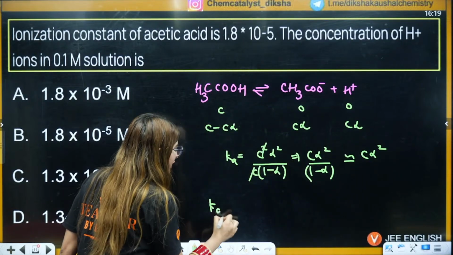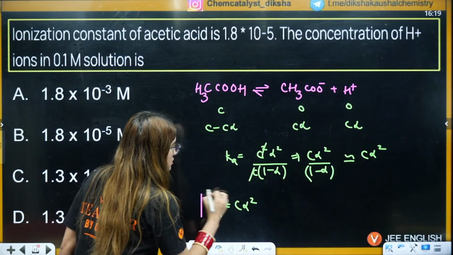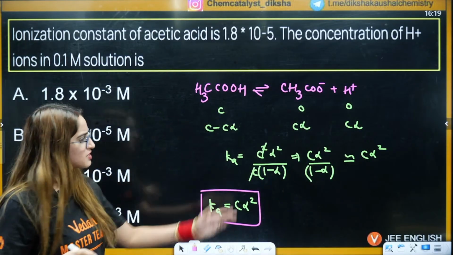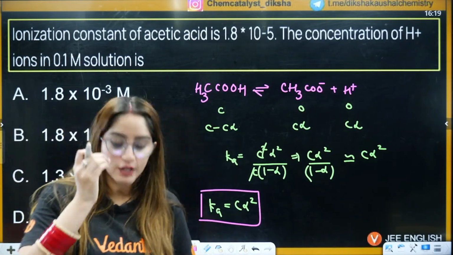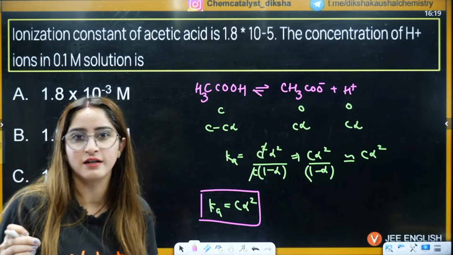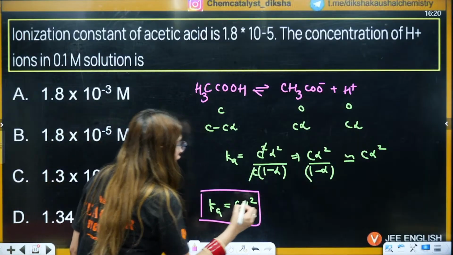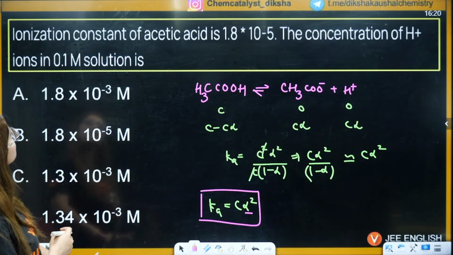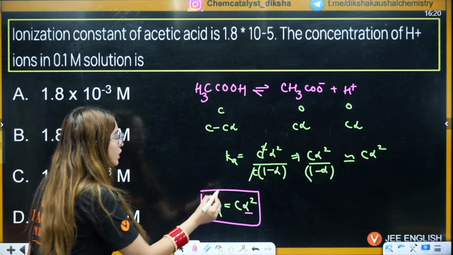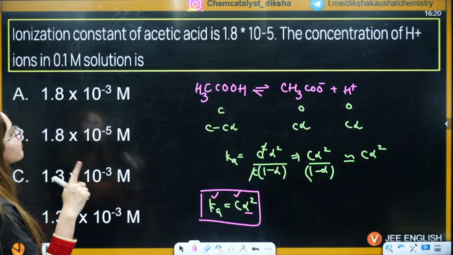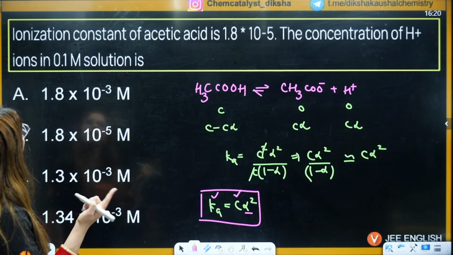Either you should know this directly also. This is for students who are confused about the derivation. Otherwise, you should know that when you have a monoprotic weak acid, Ka is equal to C alpha square, where C is the concentration and alpha is the degree of dissociation. They are asking you the ionization constant of acetic acid, which is given to you. They are asking you the concentration of H positive in 0.1